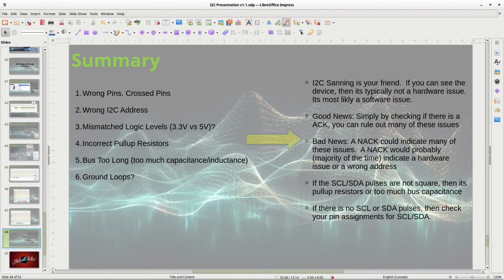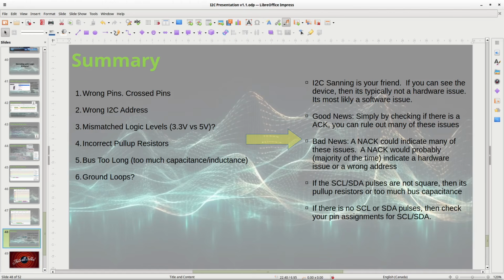So in summary, we're all done here. When you're troubleshooting I2C, if you don't have to really go through a scope decoding it, just use the I2C scanner, right? That'll tell you if the device is on the bus. If you scan the bus and the device appears, okay, I got the right clock speed, I got the right pull-up resistors, everything's working, it's good news, right?